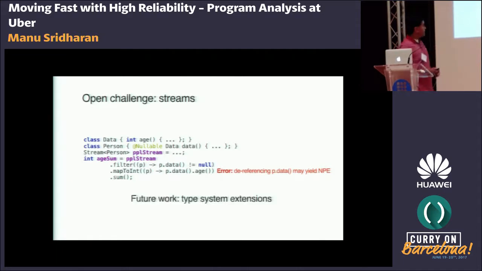So I think it'd be very interesting to work on type system extensions to try to be able to understand these stream constructs better, understand that filter imposes additional predicates on the remaining objects in the stream, and to use that to actually avoid reporting errors here. And this actually shows up a lot in our code base. It might be probably the biggest source of false positives with our checker is due to these streaming constructs. So I think it'd be quite cool to think about type system and type inference extensions to handle code like this.